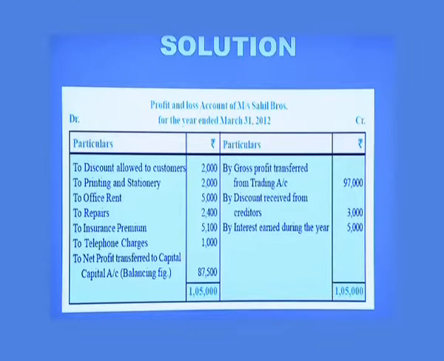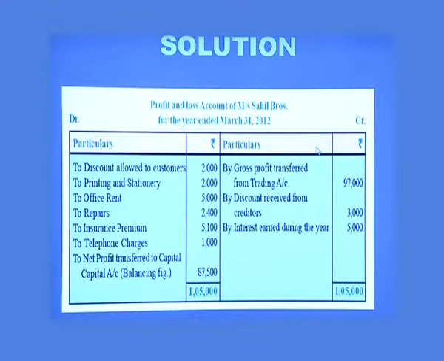Here also you have to find out the total. So, find out the biggest total and that will be written as a total amount, that is 1,05,000. You have found a shortage on the debit side of the profit and loss account, that is 87,500, that is coming as a net profit. I think you have identified the